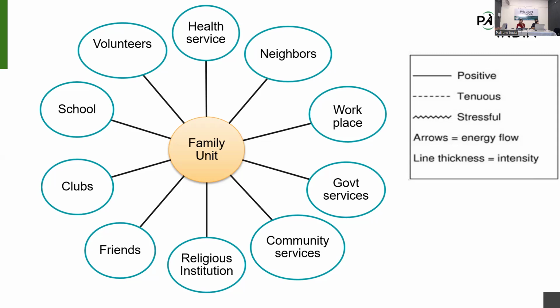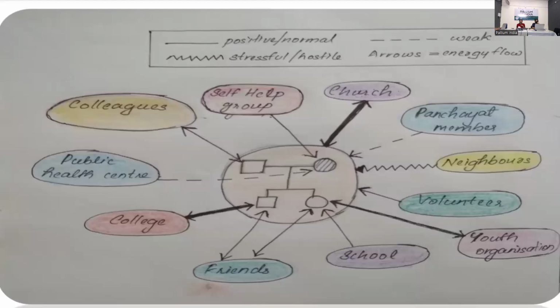I'll just show a picture of a family unit, right? So this is a family unit. The patient is female. So we can see that the husband, the patient, and the children are living together. They have a very good rapport with the church, the college, and the youth organization. The church people might be financially aiding them. Maybe they are giving a food kit or something like that. The son's college, we do all these fundraising things in colleges, right? So maybe they are getting some kind of help from the son's college.